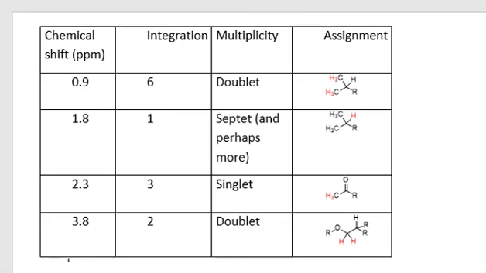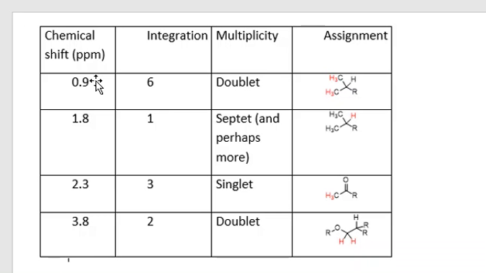And so now I'm going to assign the structure of each fragment. The doublet at 0.9 parts per million arises from 6 identical protons, and we know that because of the integration, and that it's in the methyl region of the spectrum from the chemical shift. And so we need a correlation table to do this. If you have your NMR correlation table, you can go ahead and refer to that. There's one in Klein,